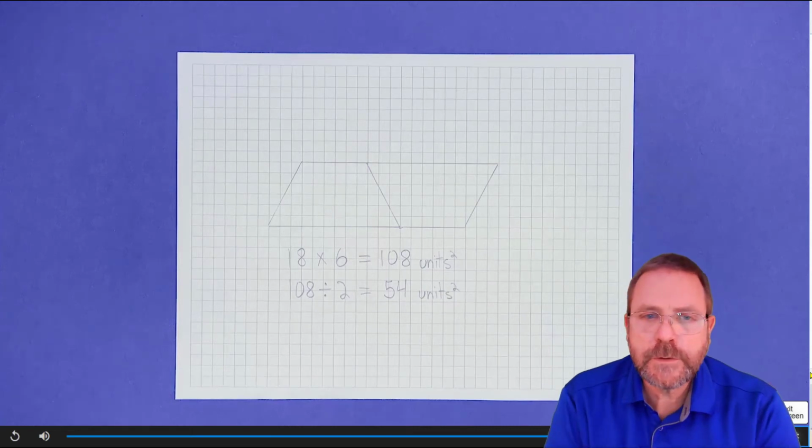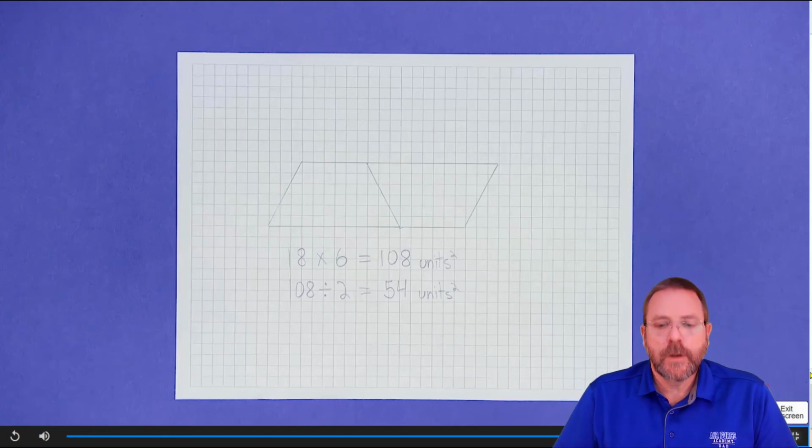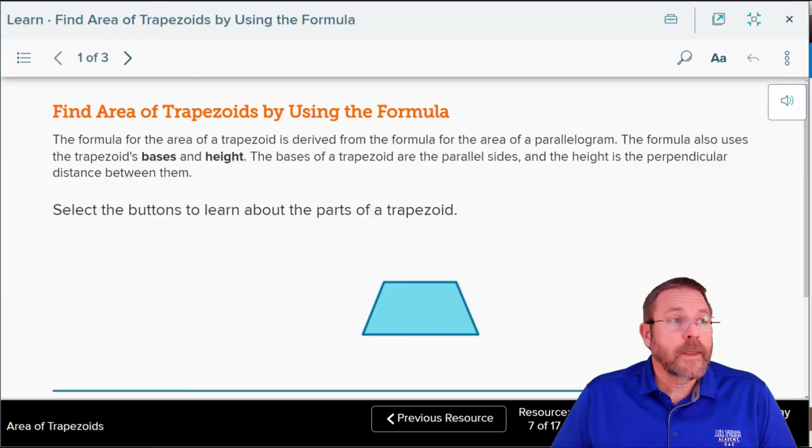Well, I've actually never seen that before, but that's a pretty smooth way to solve the area of a trapezoid using parallelogram formulas. I actually kind of like that. And that leads us to learning goal number 2 for this one, which says to find the area of a trapezoid